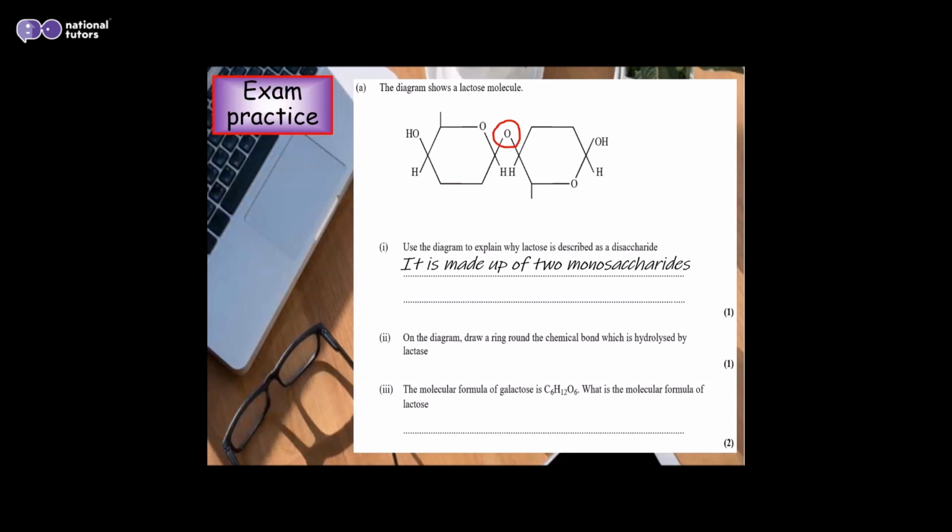So it's not C12H24O12, it's actually C12H22 because you've taken 2 hydrogens out because of the water molecule, and it's O11 because you've taken 1 oxygen out due to the water molecule. So that's a sneaky one. So that's why it's a 2 marker, because it's actually going to push you a little bit to think about it. So many people when they do this go,